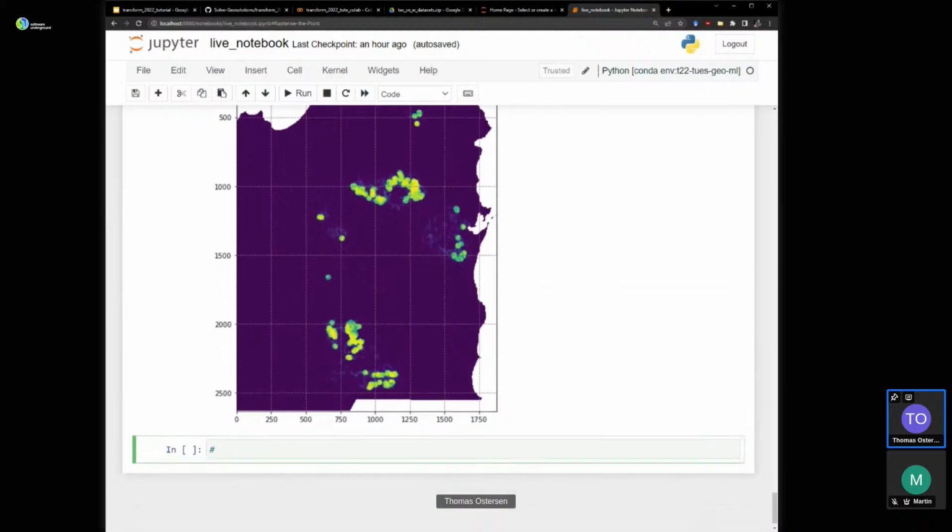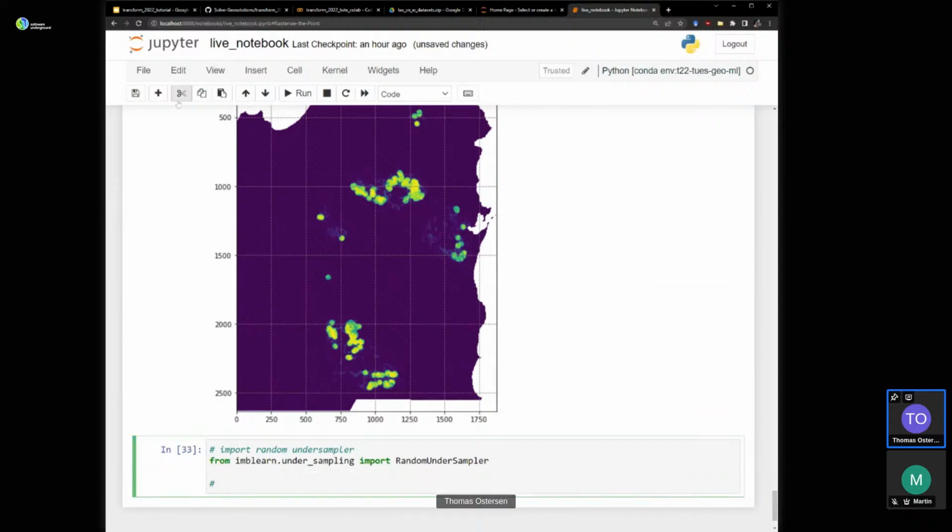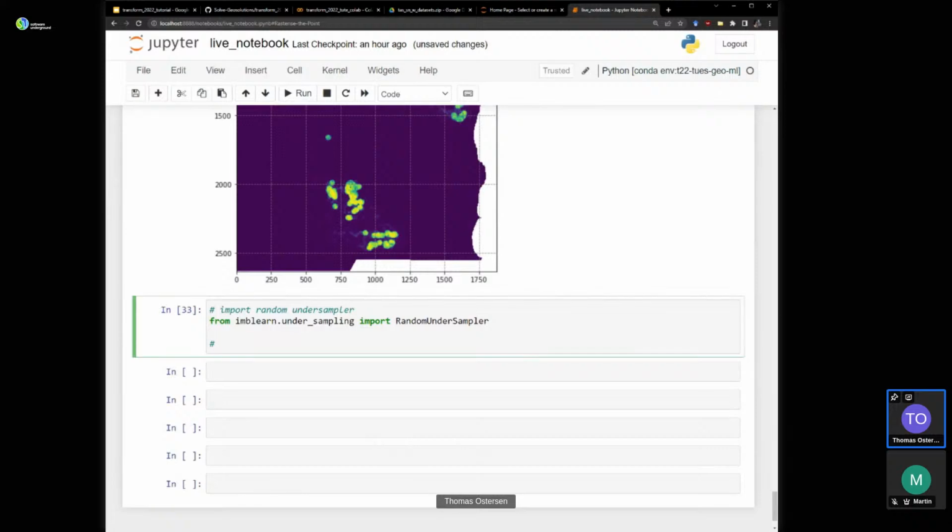In order to do that, we're going to import the RandomUnderSampler module from the imbalanced-learn library. So import RandomUnderSampler from imblearn.under_sampling.